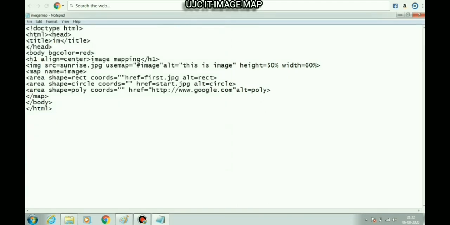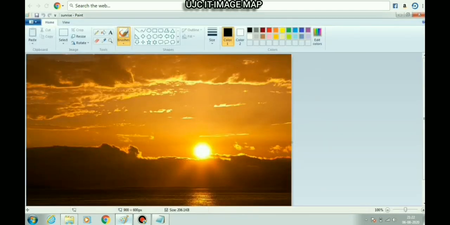For creating different shapes, open your image using the Paint application. First, draw the shapes, that is rectangle, circle and poly. For rectangle, you will get the coordinates from the left top corner and bottom right corner.